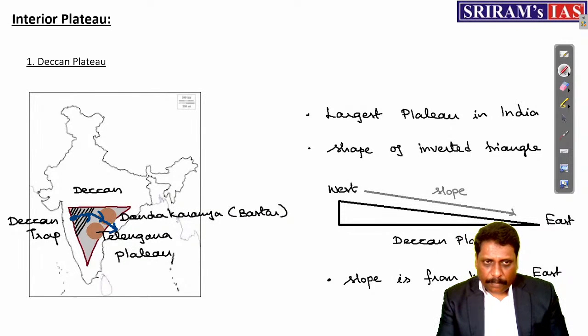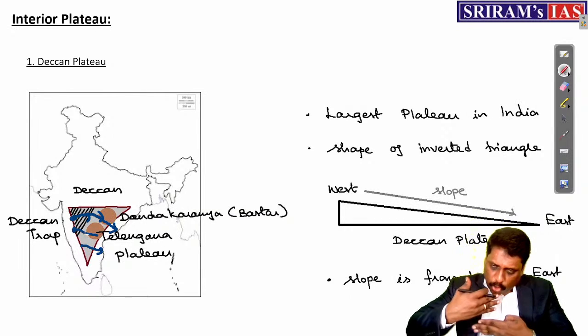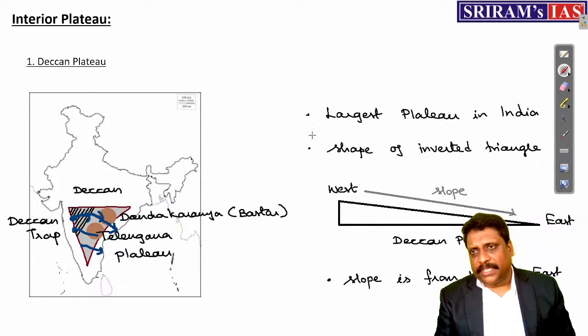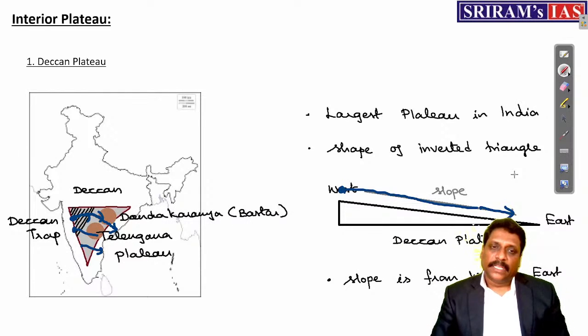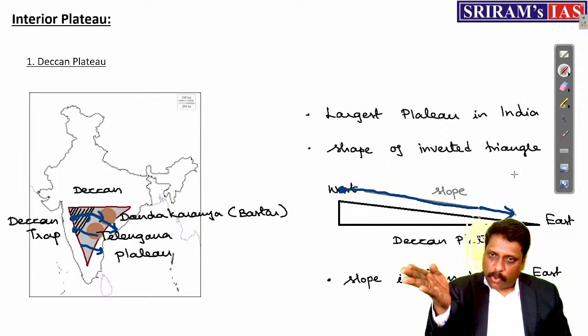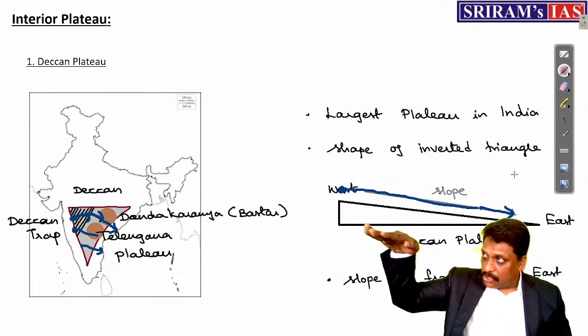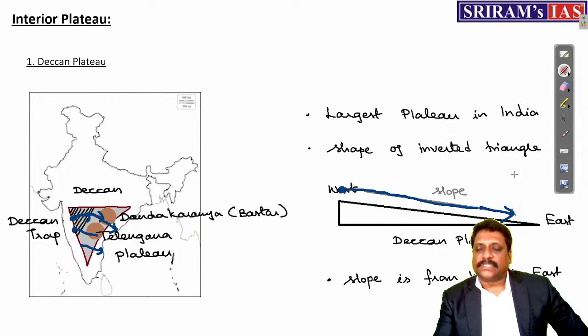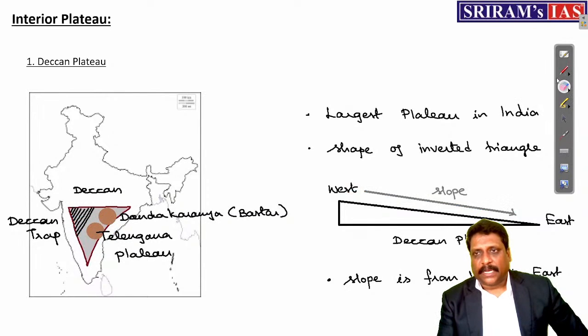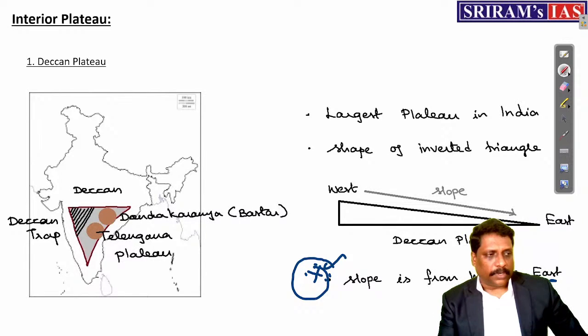So rivers like Godavari, Krishna, Kaveri flow over the Deccan Plateau. Almost all these rivers, my dear friends, originate very near the western flank of the Deccan Plateau, and they flow towards the eastern side. The east flowing nature of the rivers itself says the slope of the Deccan Plateau is towards the east. The slope is from west to east. So the west is elevated, the slope runs towards the eastern side as such. Okay. Right, my dear friends. That's what I'm insisting. The slope is from west to east. It is very, very important. Okay.